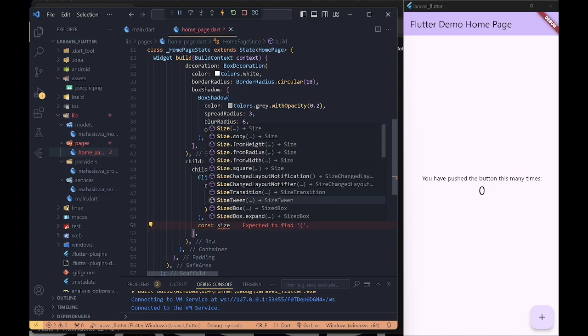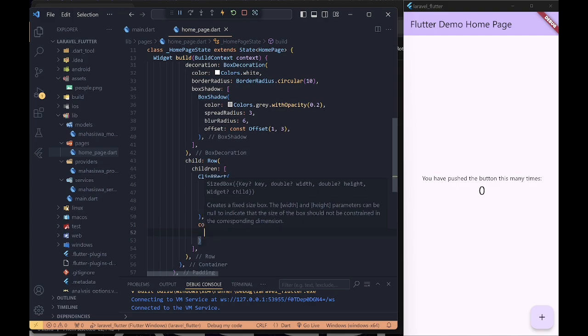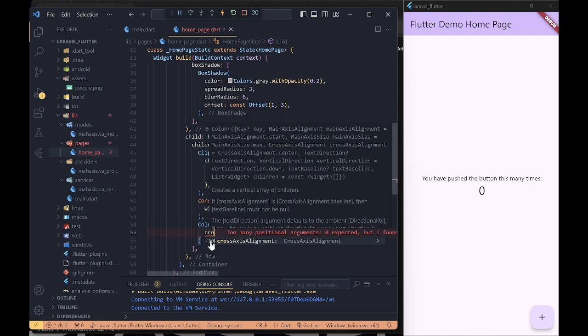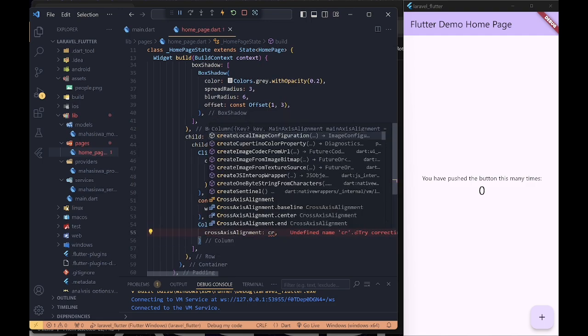And now I want to add SizedBox. SizedBox is like a forward-facing spacer, so there is space, like width, or we can use height too.